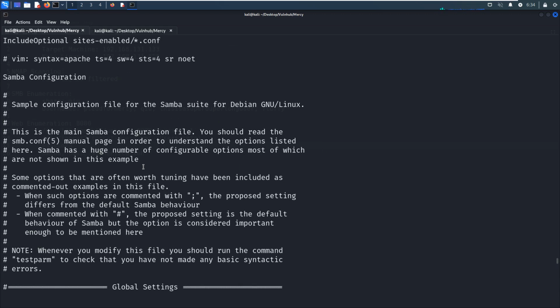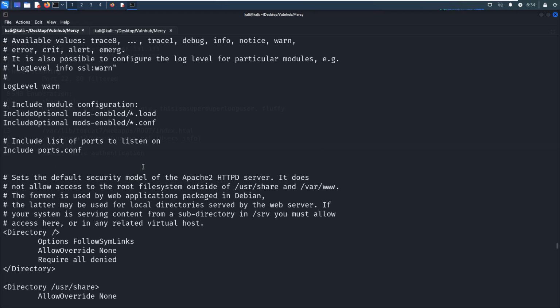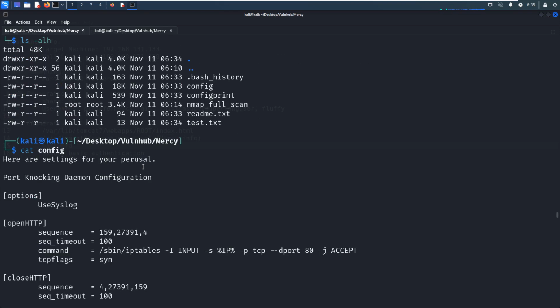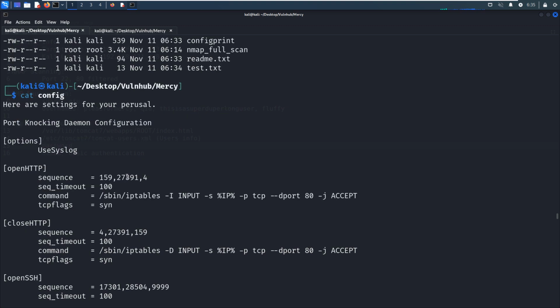Let's scroll up. So here are settings for this one, port knocking daemon configuration. Do you remember?